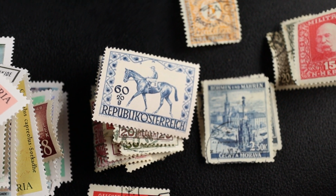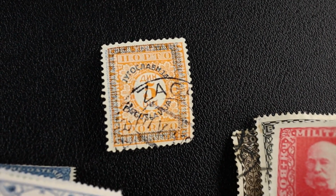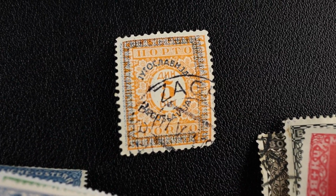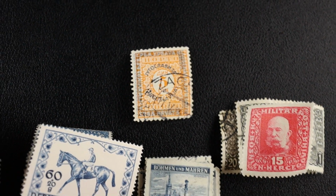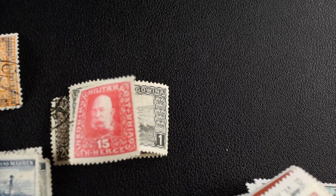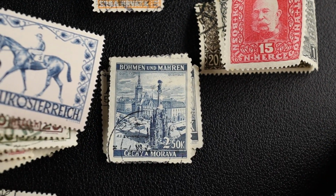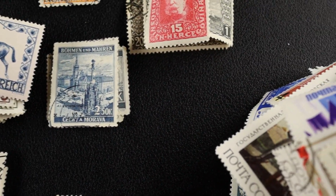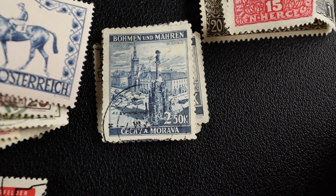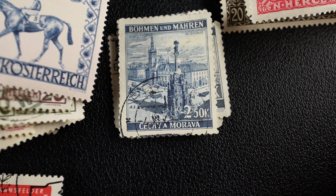Austria. I definitely got some of those. There's one over here. Let me see if I can tell through the camera. Yugoslavia, I think is what that was. One Yugoslavia. This is Bosnia and Herzegovina. I did get a few of those and some Bohemia and Moravia. Actually, as I look at that, I realize that's Czechoslovakia in that one. But anyways,